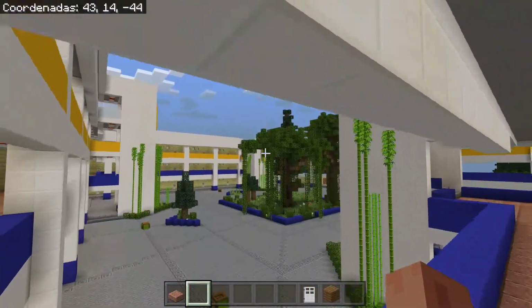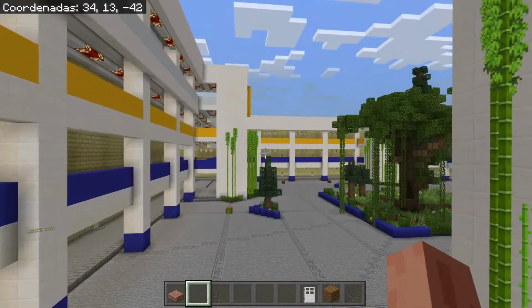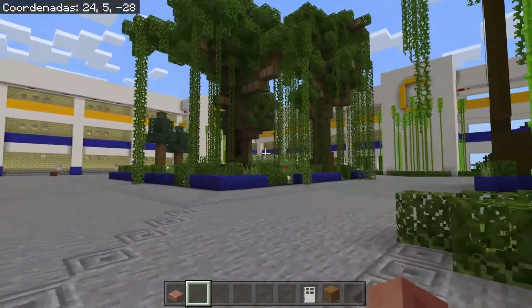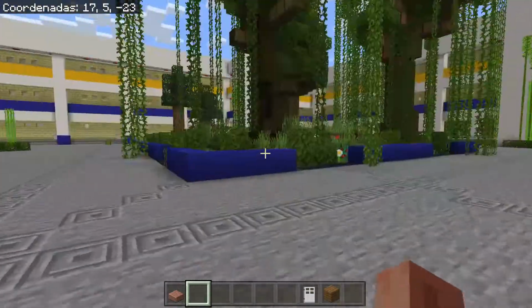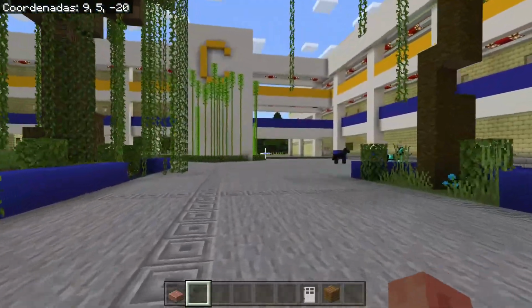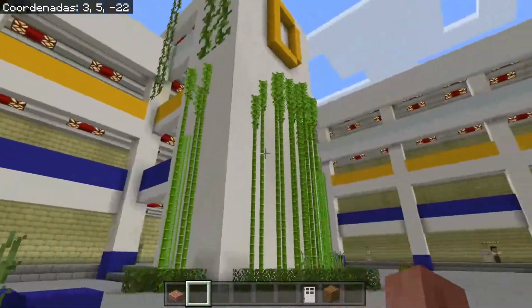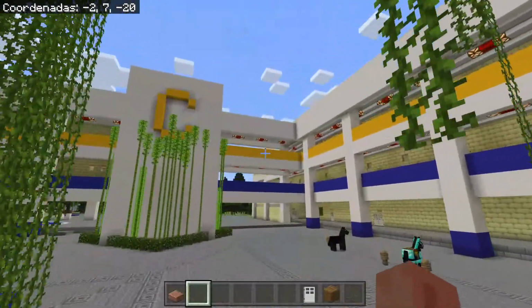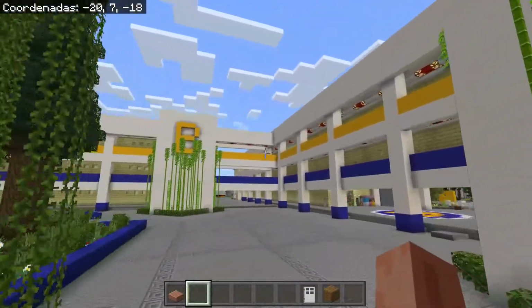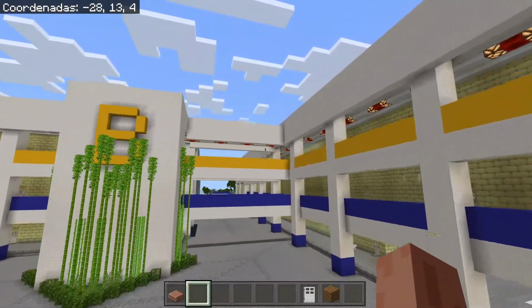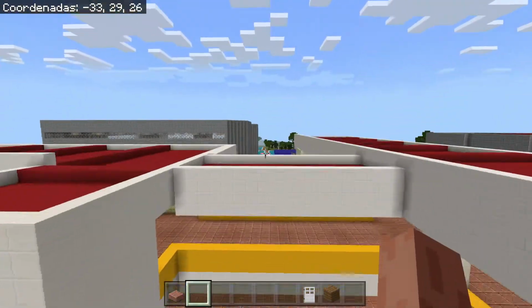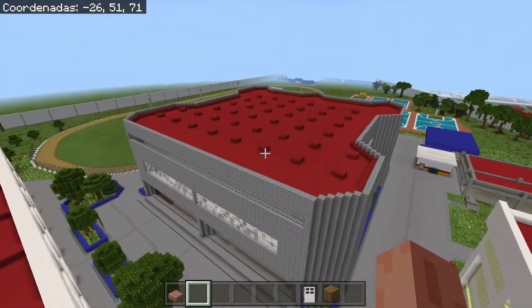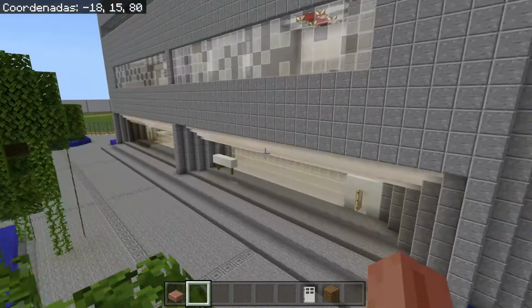I'm going to head to the main square. So here it is. We have some big trees in the central garden. You can see that's building C, and that's building D, and over there you have building A, and of course building B. I'm going to start flying. That's something that we can do here. Oh, I'm going to enter here to show you this other place.